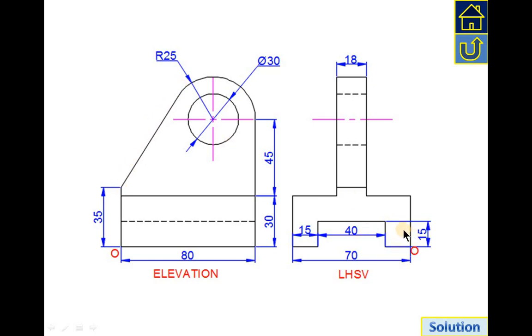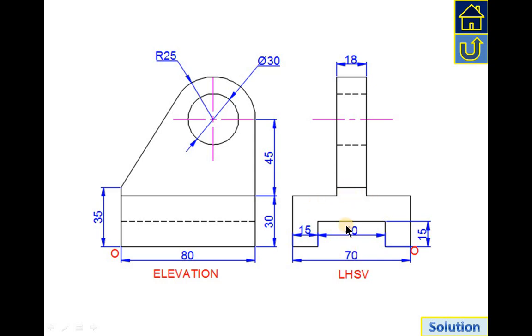You can observe that portion here also. From the origin, I am going 15 mm on the width side, then 15 mm on the height side, then 40 mm on the width side, then again 15 mm down on the height side, then 15 mm along the width, then 30 mm along the height, then again inside along the width direction, it is almost 26 mm, because we already measured earlier.